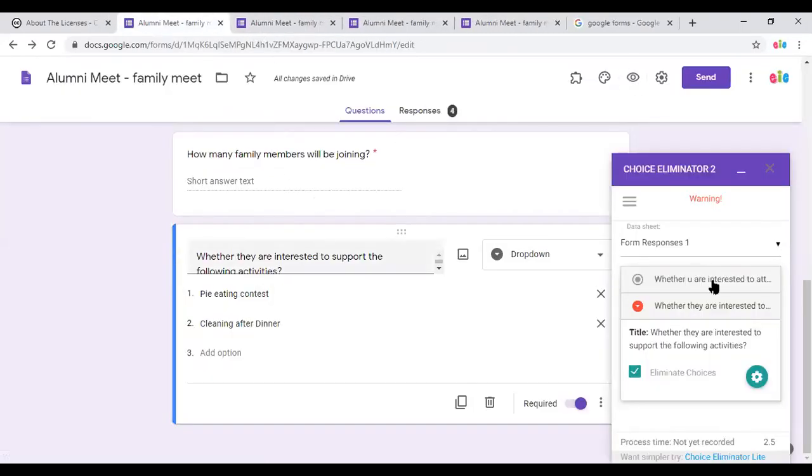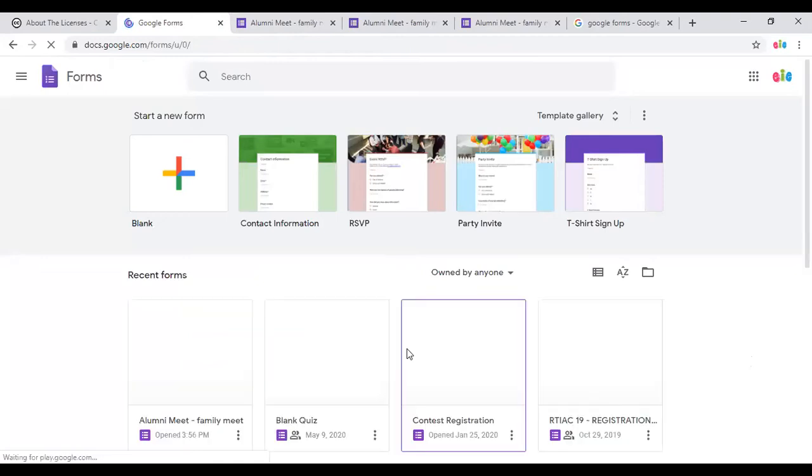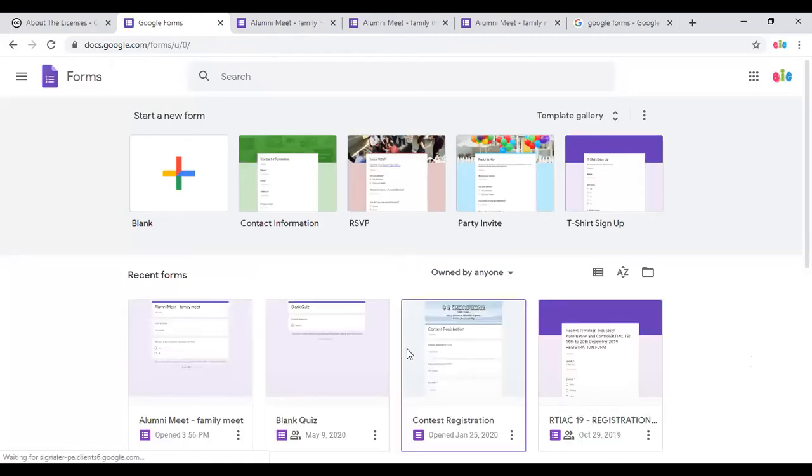Now we'll create another Google form. I'll go back to my Google Forms. We have a very interesting thing in Google Forms. You have quizzes. You can create online quizzes. Many of you know how to create an online quiz. Anyway, we'll show you. But the interesting part is you can even deliver an online certificate.